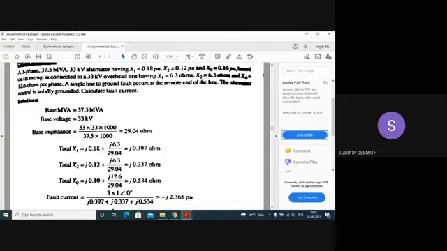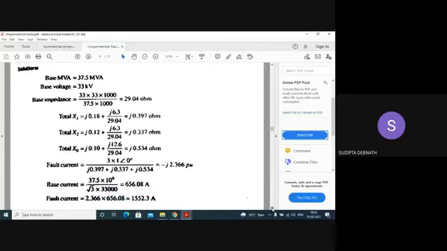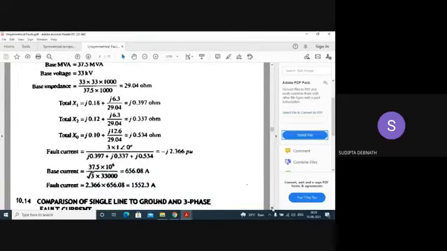This is not in ohms. Okay, while teaching it is not possible to make corrections in the PDF. I will just highlight it so that you can understand. So they just added the sequence impedances of the generator and the line, and found out the total sequence impedances. And what is the fault current? It is just the formula. As it is solidly grounded, you need to consider ZF. So this is the fault current, and multiplying the fault current by the base current, you get the fault current. So this problem is very simple.